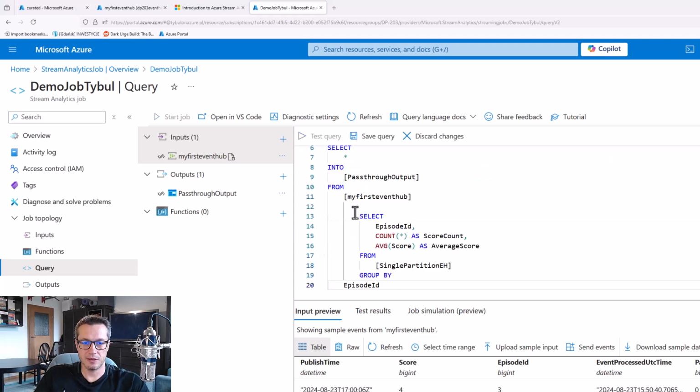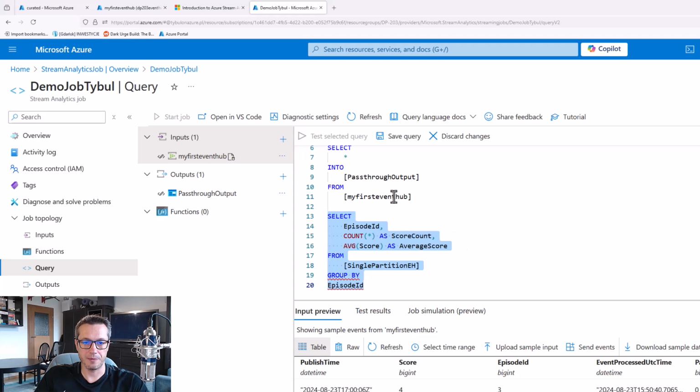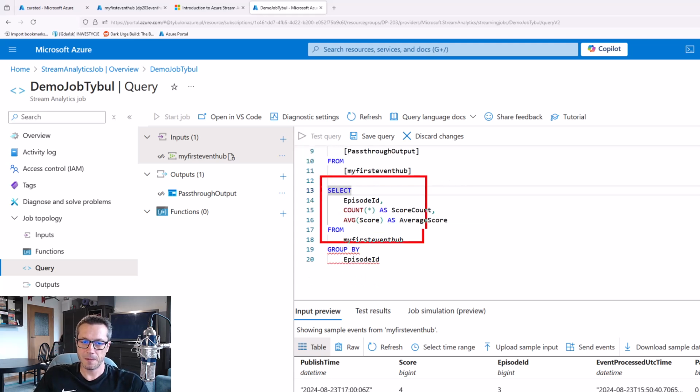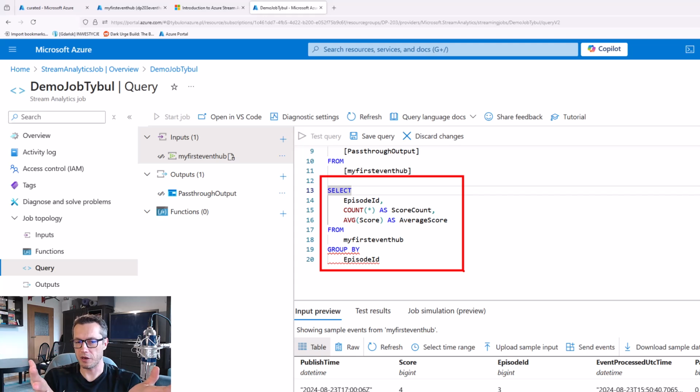So let's say that this is my query that I would like to run. Right now, it is a regular SQL query. What it does is calculate the number of scores and the average score per episode, and it also provides the ID of the episode. It is just a regular SQL query, the one that you could run on Azure SQL Database or on SQL